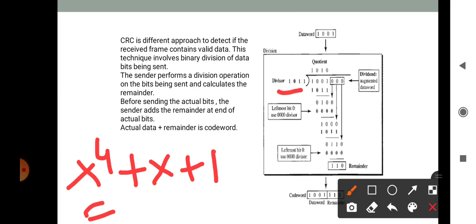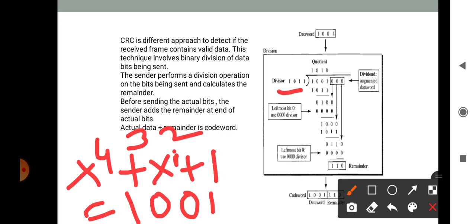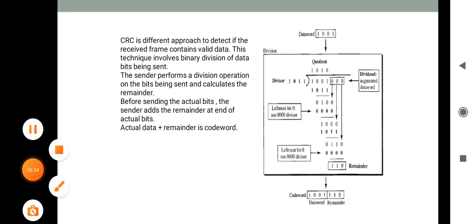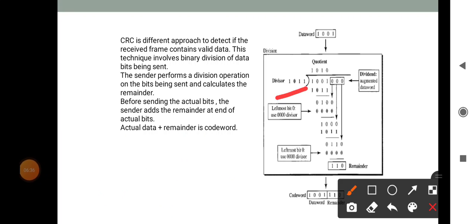Suppose x raised to 4, that means the number of elements is 5. First is x to the 4, that means 1. Here x cubed and x squared are absent, so those are 0 and 0. Here x raised to 1, that means x is present, so 1. This is x raised to 0, that means 1. Here the 1 is available. So that's why this is the divisor 10011. But here we have already been provided the divisor